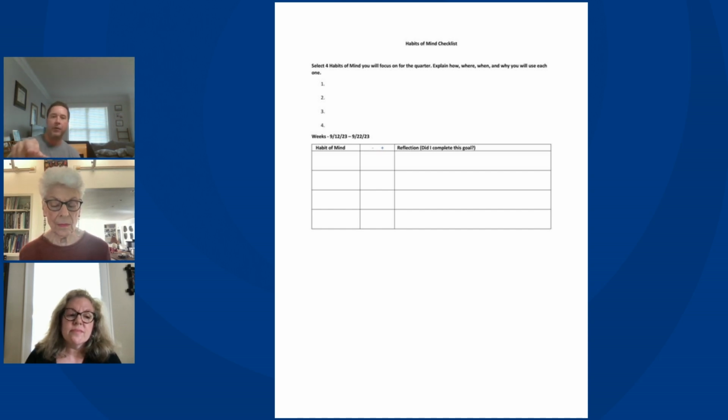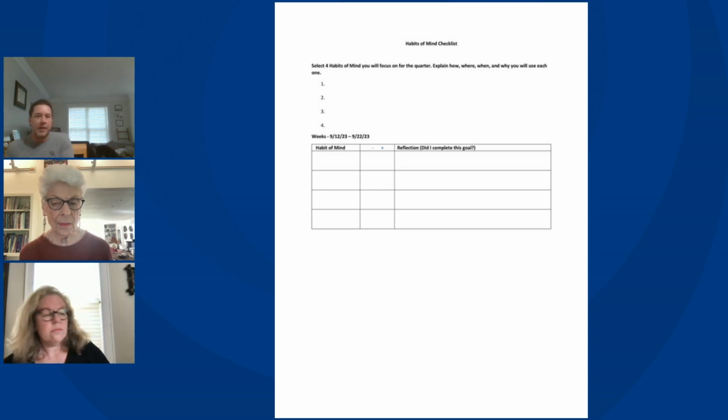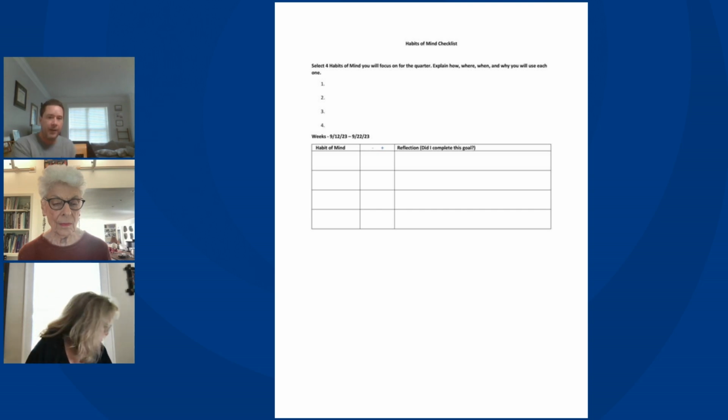And then they write a little comment on the side in the third box. If they put a plus, they do the same, but they explain how it has helped them, how they're mindful of it, where they've used it, how they've used it. So it really allows them to take the habits of mind and be proactive with them, ones of stepping outside their comfort zone. So they know the ones within the class. We all work together on them, but then I like for them to explore 4 others.